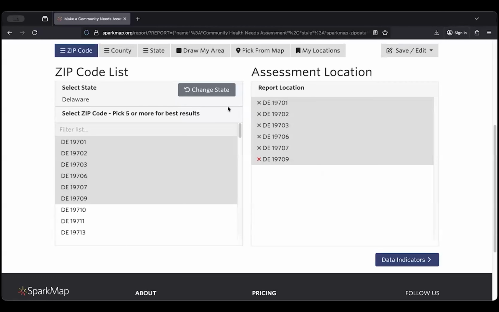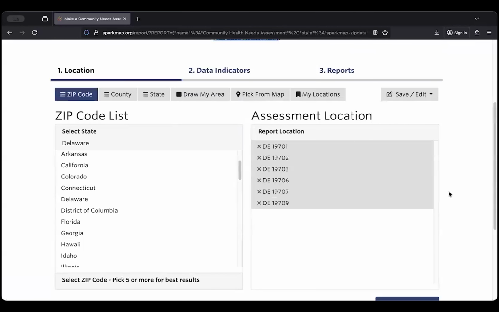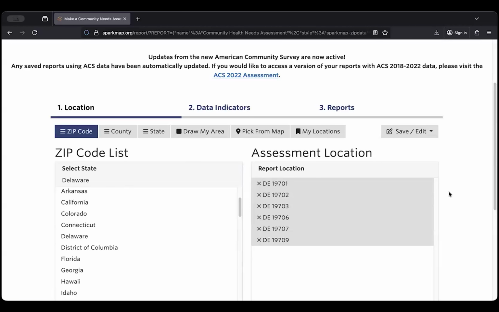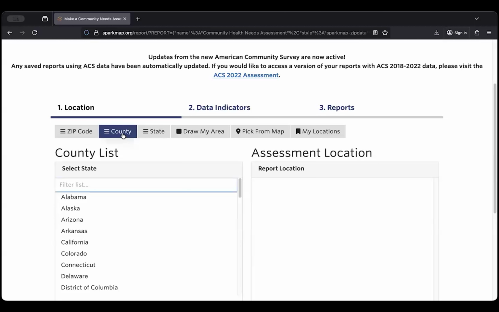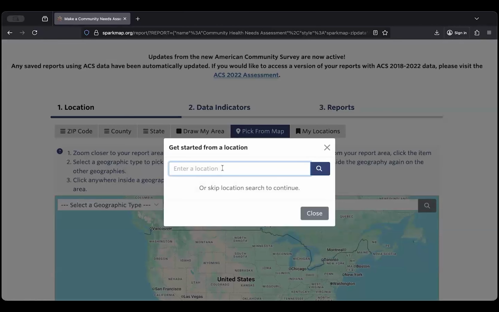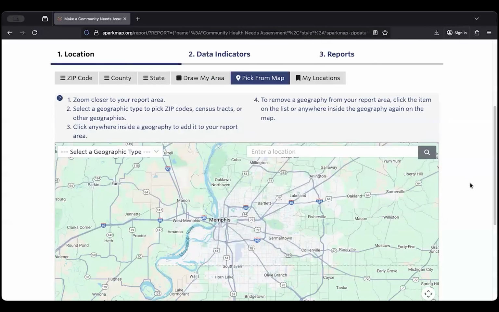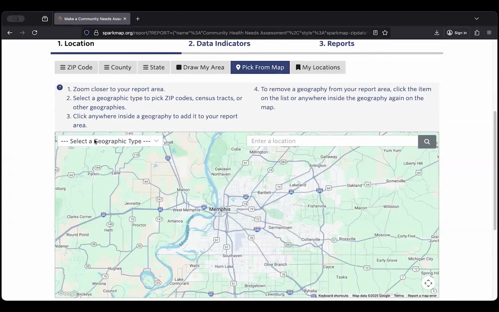code level data. The last way that you can do this is using our pick from map option. So here you'll notice that, let me delete all of my Delaware zip codes so we can start from scratch. So we used the zip code option, we used the county option. Now we're going to use this pick from map option, right? So here we'll go back to Memphis, and we'll zoom into this area,